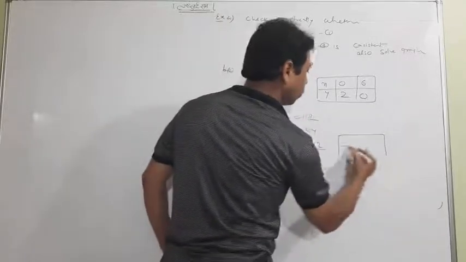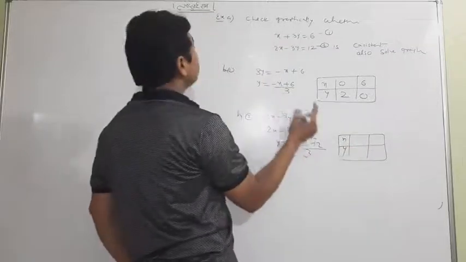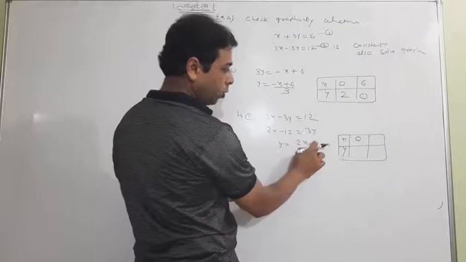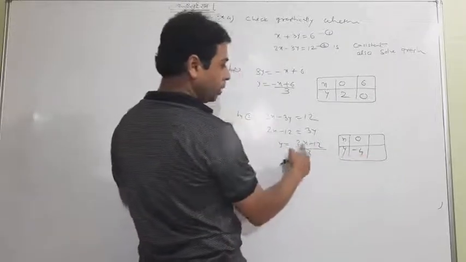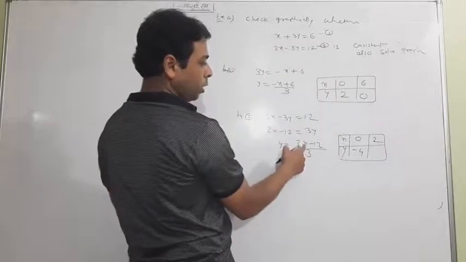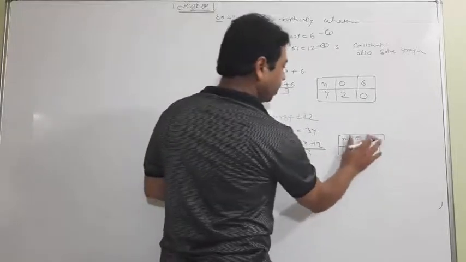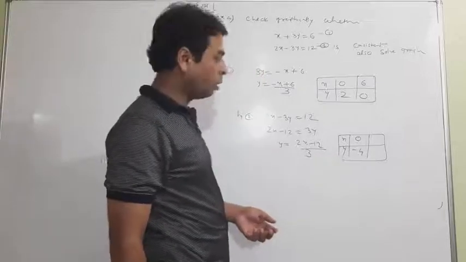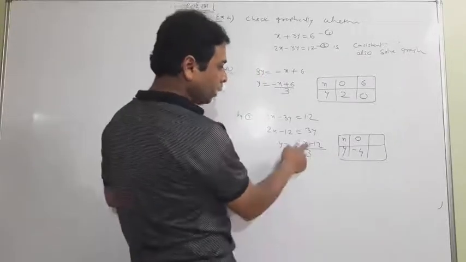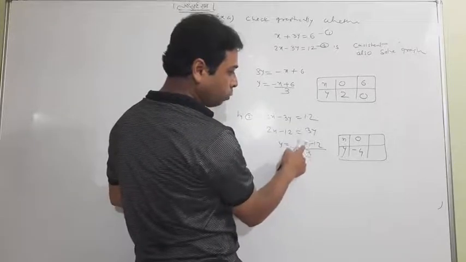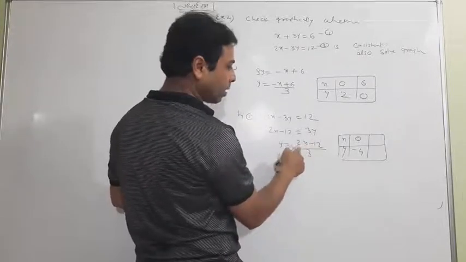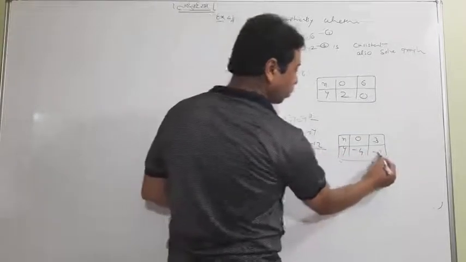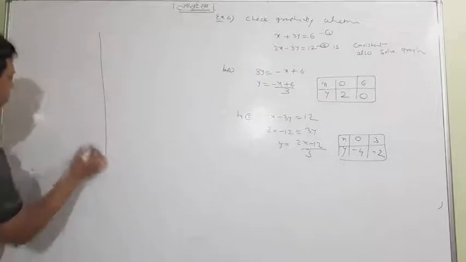Go with the graph. Quick. x, y. Suppose x is equal to 0: 2 into 0 is 0, minus 12 by 3 is minus 4. When x is equal to, suppose 2 is chosen, I think we have to choose such a value by which we would get some non-fractional number. I taught you that yesterday. So if I choose x is equal to 1, it is still a fraction. 2 2s are 4, fraction, 3 2s are 6. So 3 will be good. 3 2s are 6, minus 6 minus 1... 6 minus 12 by 3 is equal to minus 2.